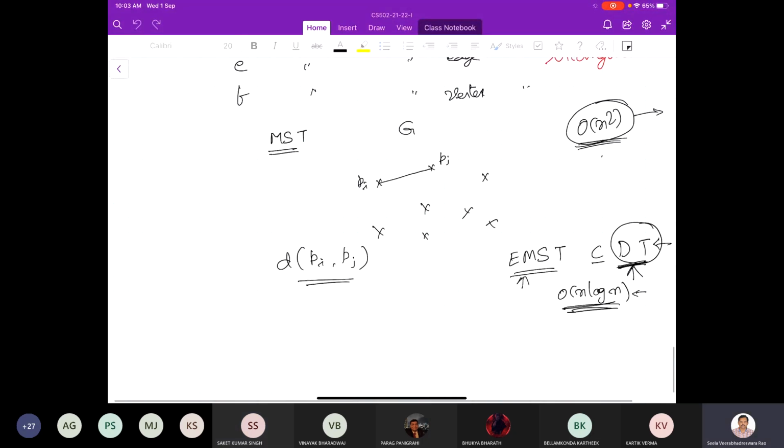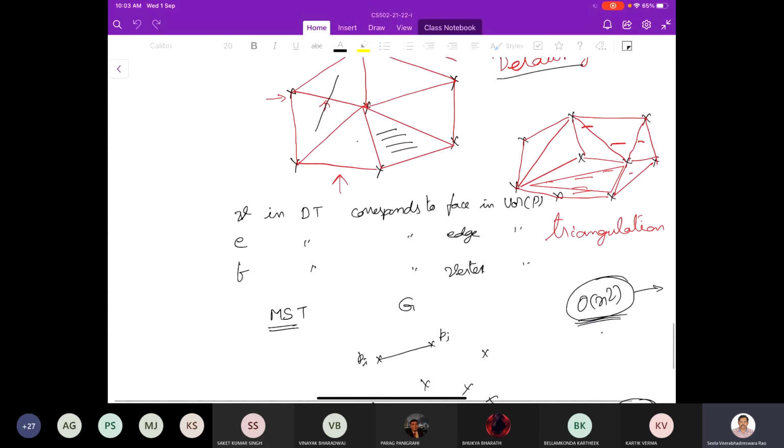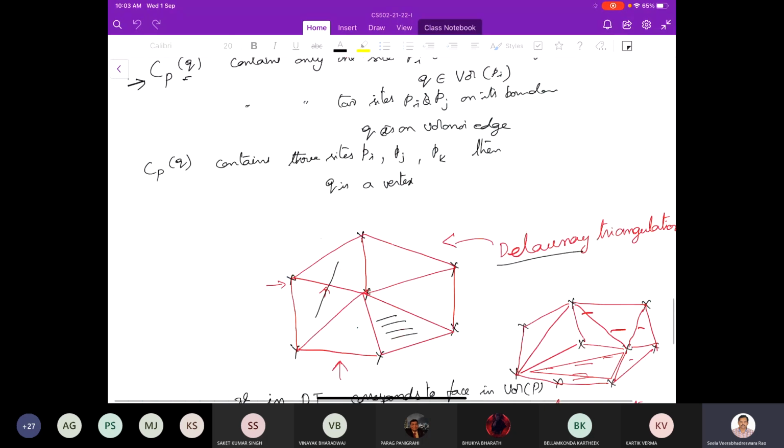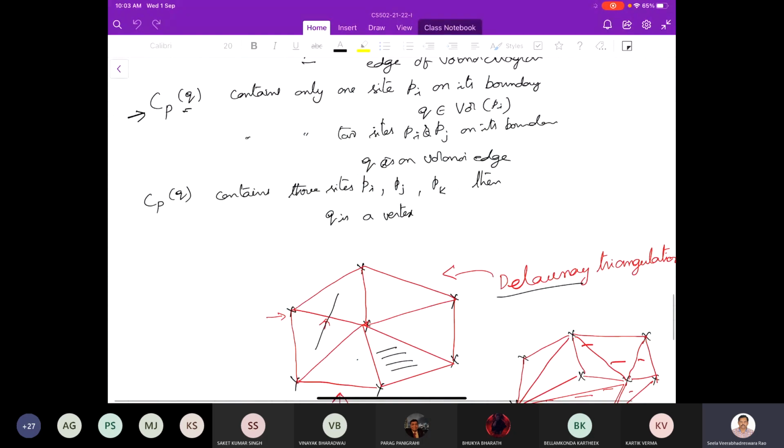Yesterday in the last class, we were discussing the Delaunay triangulation and the Voronoi diagram. And we noticed the Voronoi diagram is a dual of the Delaunay triangulation and the Delaunay triangulation is a dual of the Voronoi diagram, and both are defined independently. So how do we define the Delaunay triangulation without using the definition of the Voronoi diagram? If you look at this Voronoi diagram,